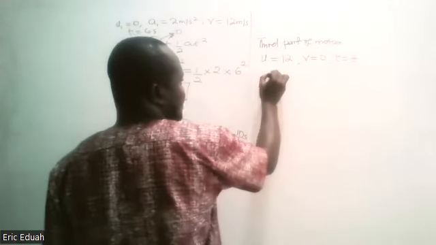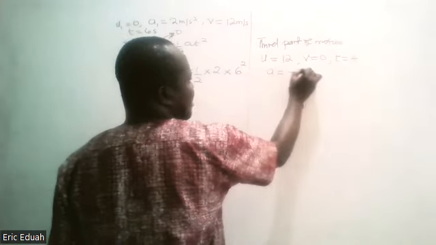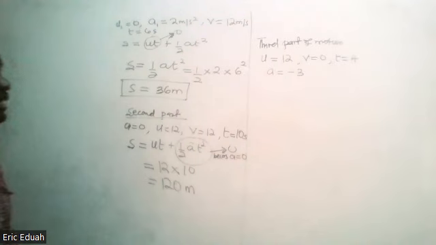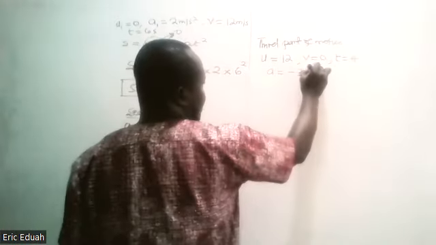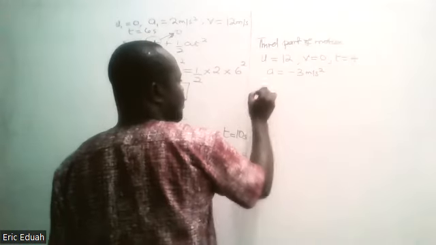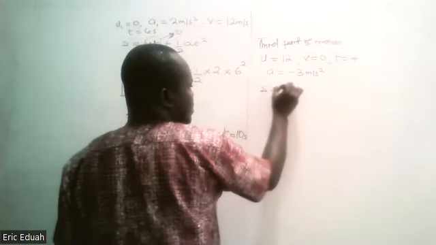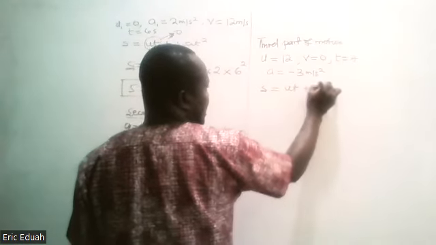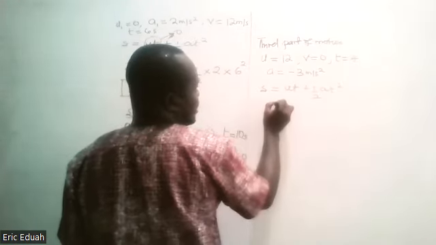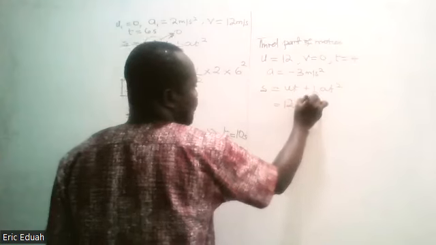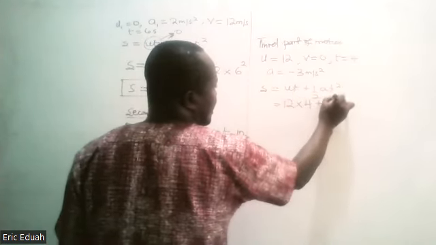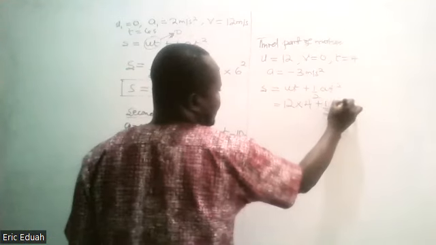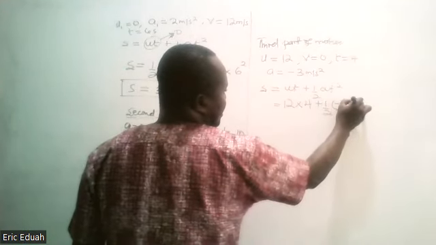And we determine the acceleration there and got a as minus 3 meters per second squared. Therefore, using s is equal to ut plus half at squared, u is 12, t is 4, plus half, acceleration is minus 3, by a time of